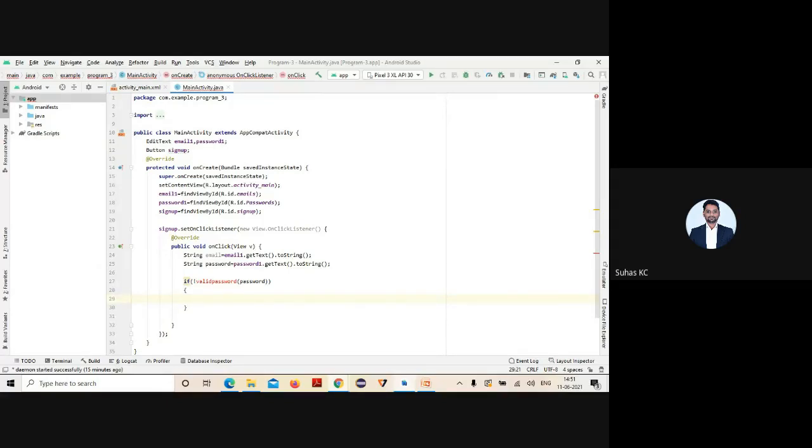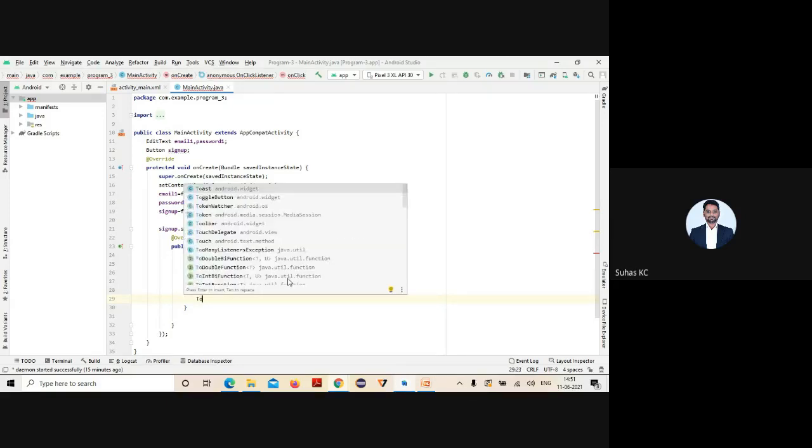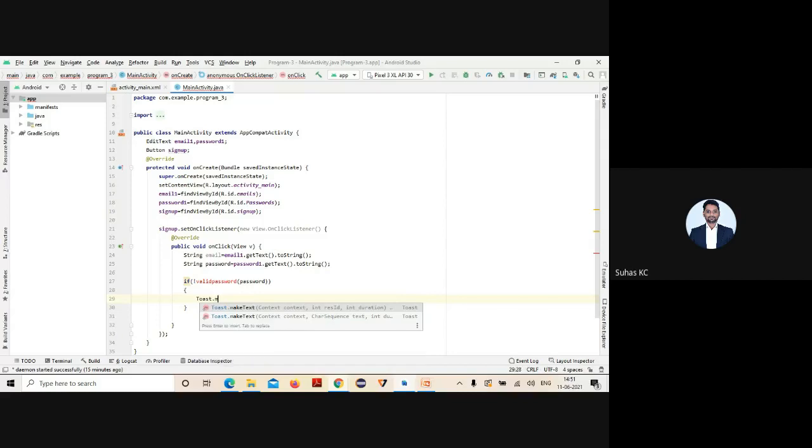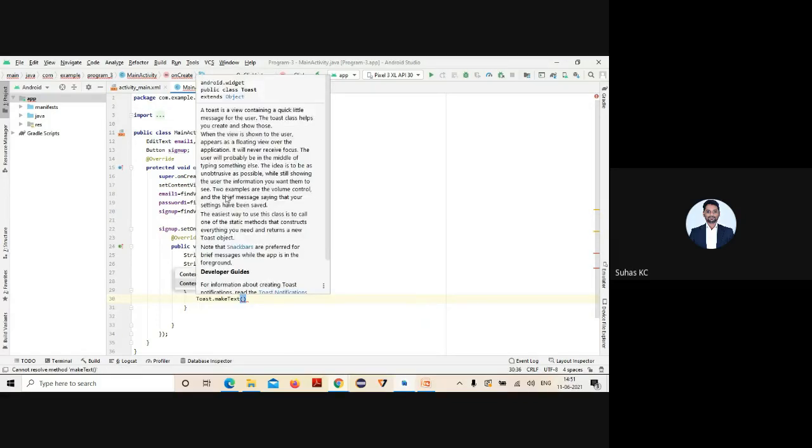In order to display a message on my activity, there is one particular class called Toast. What is the class present here to display a message for the user? Toast. So Toast dot make text. Toast is a view containing a little message for the user.